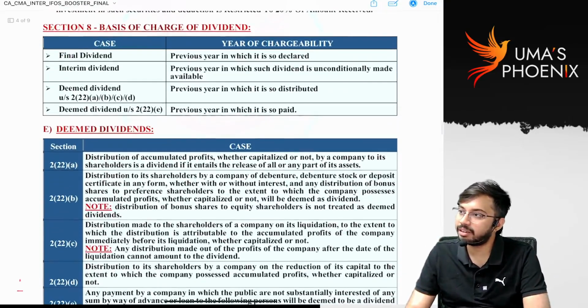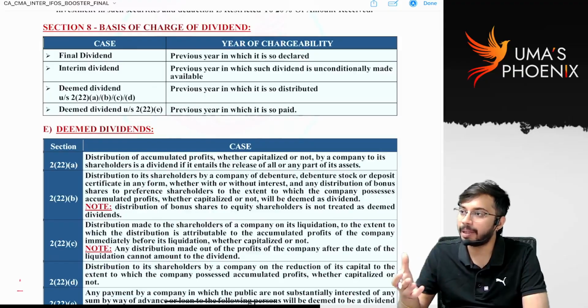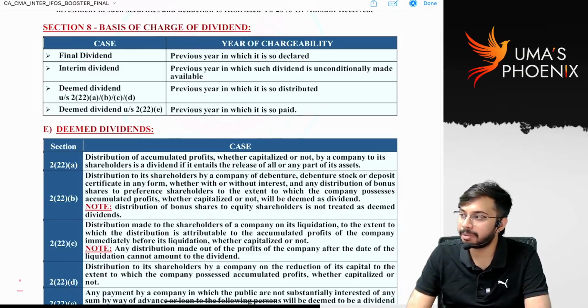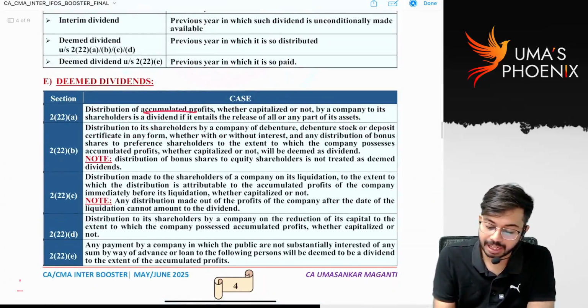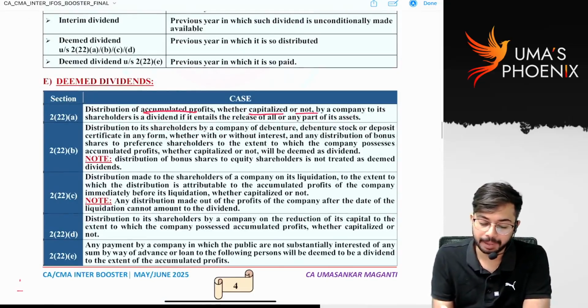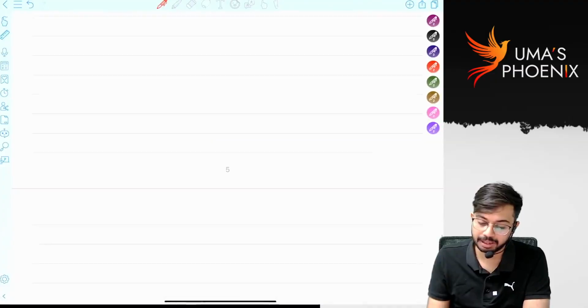Not only dividend, even if any deemed dividend is received, such deemed dividend is also income taxable under other sources. So, what do you mean by deemed dividend? If accumulated profits of the company are distributed to shareholders, such distribution we call deemed dividend. First, distribution of accumulated profits, whether capitalized or not, by a company to its shareholders is a dividend if it entails a release of all or any part of its assets. What do you mean by this? For example,